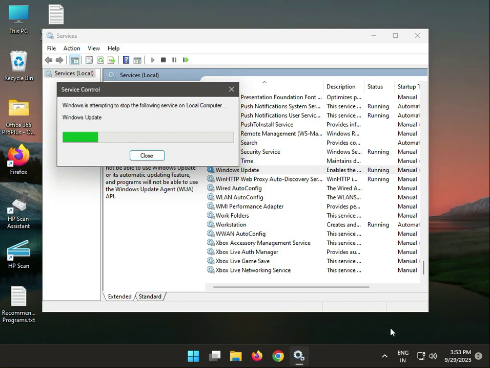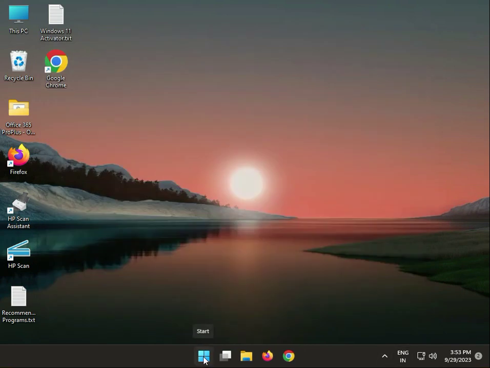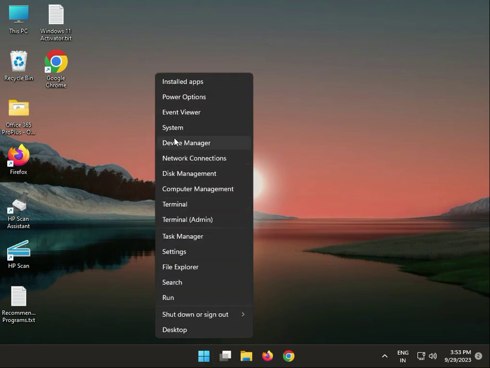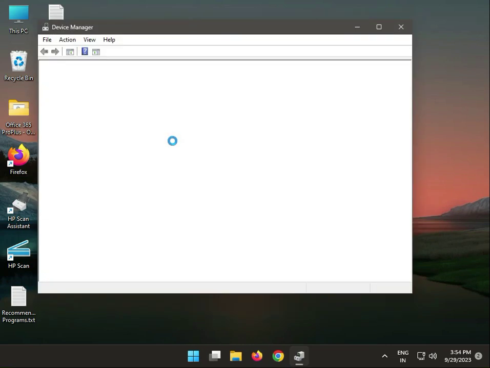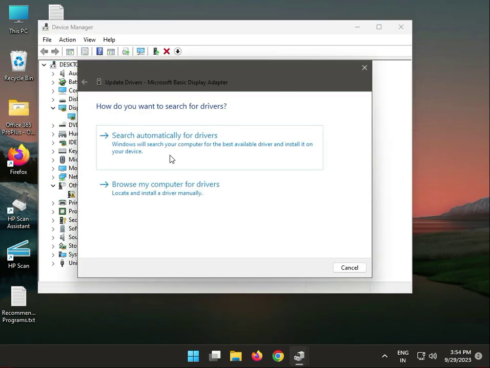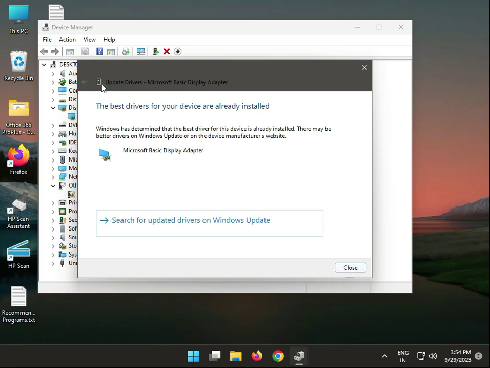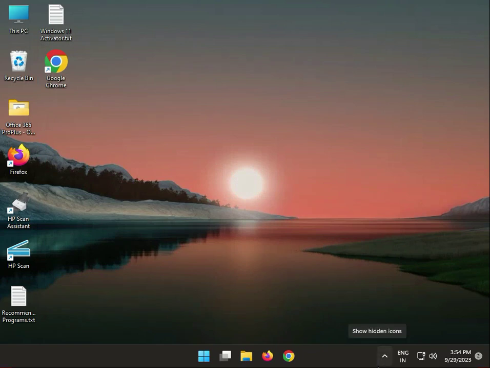and wait a few minutes. Then guys, third solution, update your drivers. Right click to open Device Manager, then guys expand Display, right click the drivers and choose update driver automatically, and close. I already installed that, so it will show. If you have not updated your driver, it will look like install this, then close. Next solution,